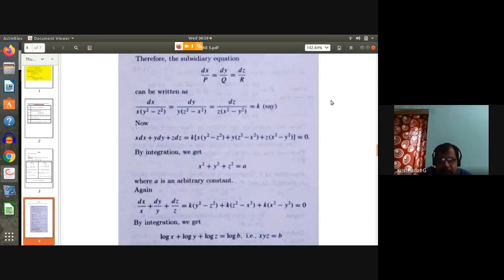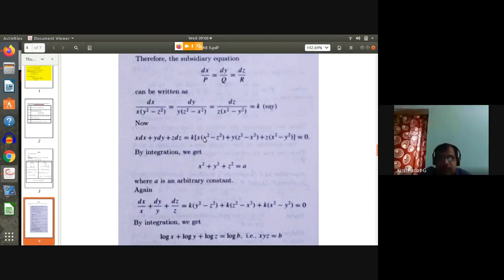Similar rules can be applied with scalar multiplication also. So in this case, we look at the denominator. If we multiply this term by x and this term by y and this term by z, and on adding, you will get 0. So we look at such factors which can generate the denominator as 0, so that the numerator can be taken as a factor proportional to 0.